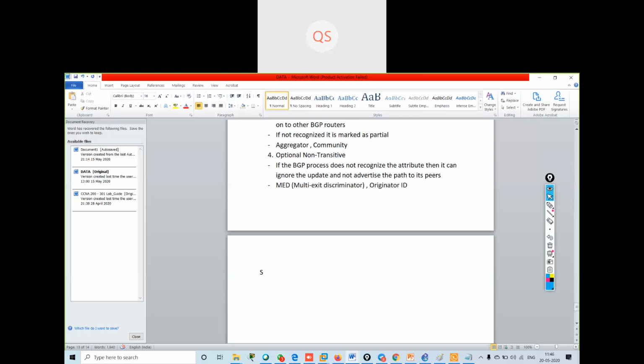Now the next thing is AS path. What is AS path? I'm going inside the well-known mandatory attributes. The first one is AS path. AS path is a well-known mandatory attribute.